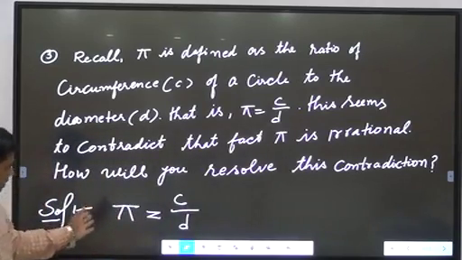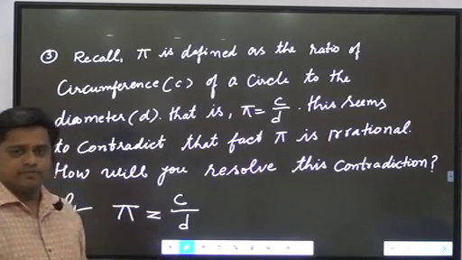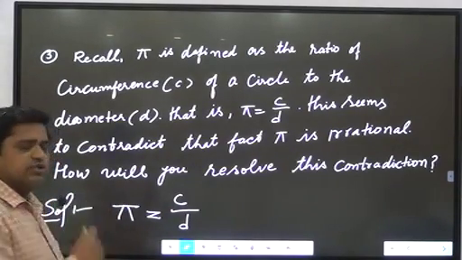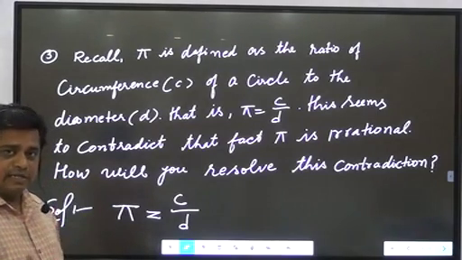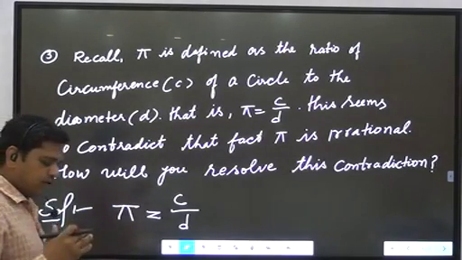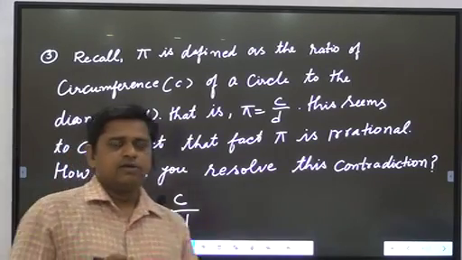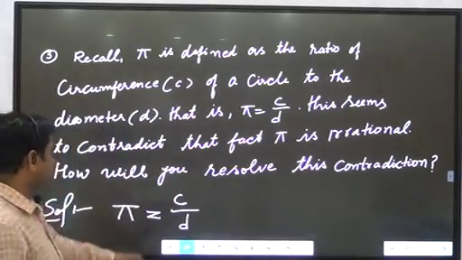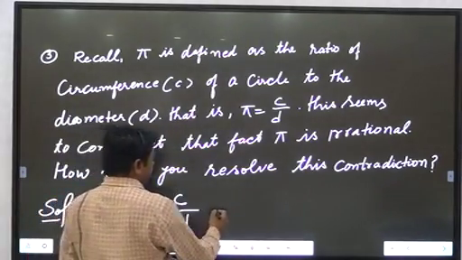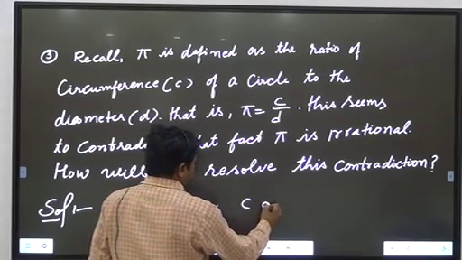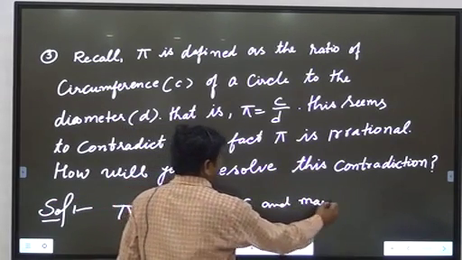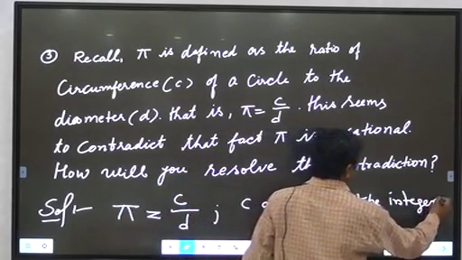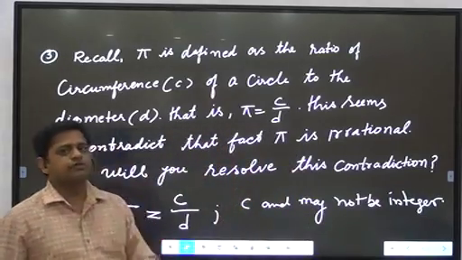So when we read pi equal to c upon d, it looks like a rational number because it is of the form p upon q, as c is p, d is q. But when we study deeply, we can check in the definition of rational number that p and q must be integers. But in case of c and d, c and d may not be integer or may not be rational also.